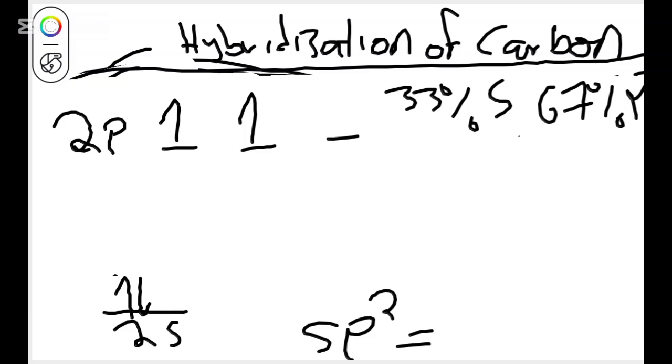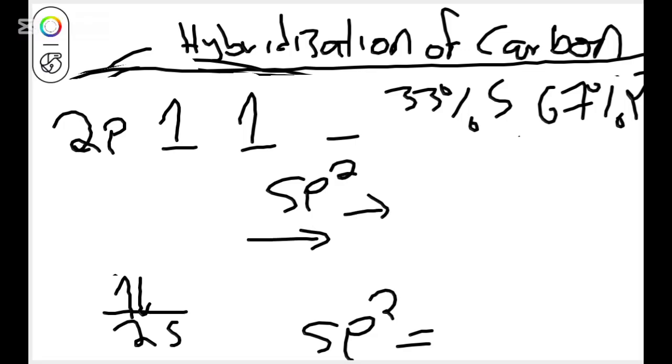But it should be less than sp3. So the 3 orbitals will have the same energy, since we use 3 orbitals to make them. So we are going to get 3 hybrid orbitals. I'm going to put an electron in each orbital. So these are the 3 sp3 hybrid orbitals. So therefore we have sp2